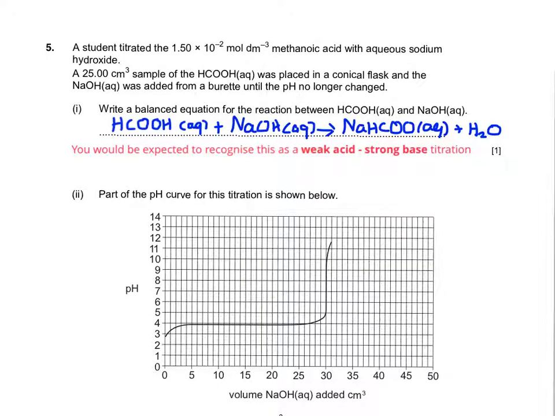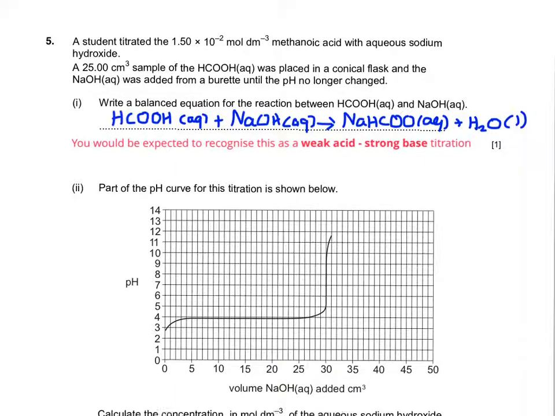So remembering that methanoic acid is what we call a monobasic acid, it has one acidic hydrogen that it can give off. And remembering from earlier that H plus and OH minus react in a 1-to-1 ratio, it should be quite easy to construct an equation. Now you can put charges in, Na plus HCOO minus, but only do that if you put both the charges in. Don't put one charge in and leave the other one out, because then you're implying that sodium methanoate is a charged substance. It isn't, it's a neutral substance. And while I'm here, I've just realized I've forgotten to put the state symbol for water, so I'll pop that in now. So moving the page down slightly,